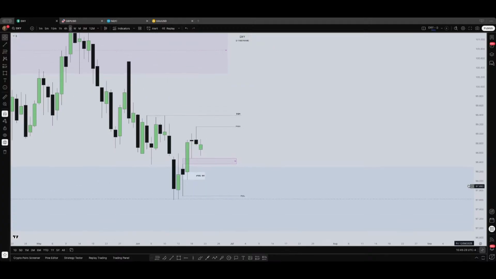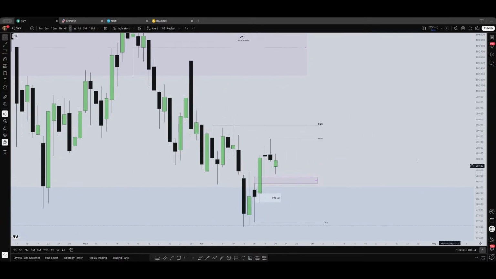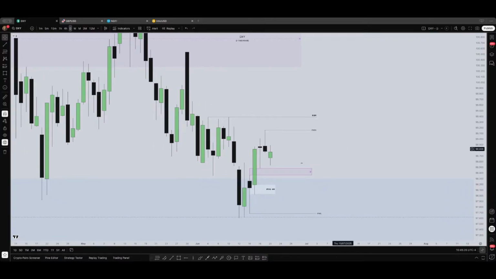So we can expect, according to what I hopefully will be nice to see. Of course, price will do whatever it will do, but it will be nice for price to go lower before going higher. Price opens Monday, Tuesday maybe, reaches this area. Let's see how price acts at the midpoint of this daily fair value gap, and from here